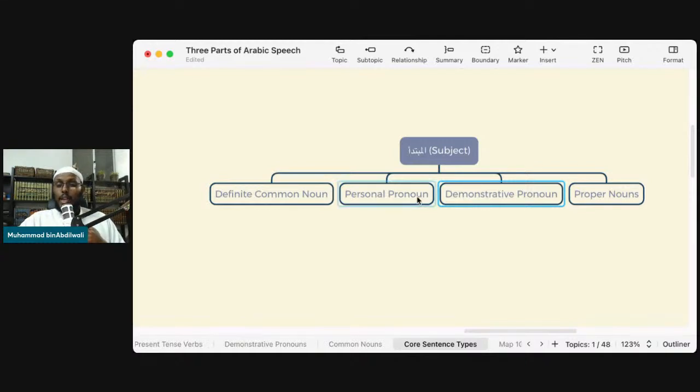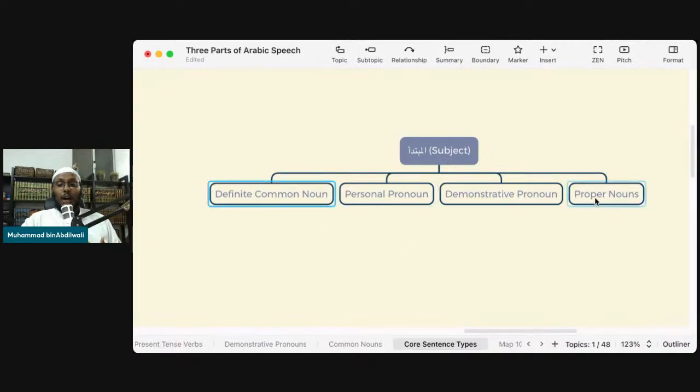Now, when would you use this and when would you use this? Well, you would use this if you're pointing at it, right? And you would use this one if you're referring to it, as in, I know who you're talking about, right? You've either mentioned them by name before, or if it's first person or second person, right? First or second person. Either you're talking about yourself or the person you're talking to. You say anta or antum, or you talk about yourself ana or nahnu, we, right? So you can use a personal pronoun to start your sentence, or you can use a demonstrative pronoun if you're pointing at it. Okay? Or you can use what we call a definite common noun.